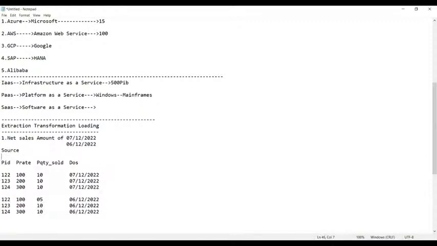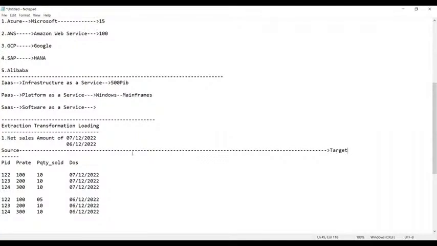Am I right, everyone? This is called the source. For the process of ETL, that is extraction, transformation, and loading, we require two things. The first one is the source, and the second, which is very important, is the target.